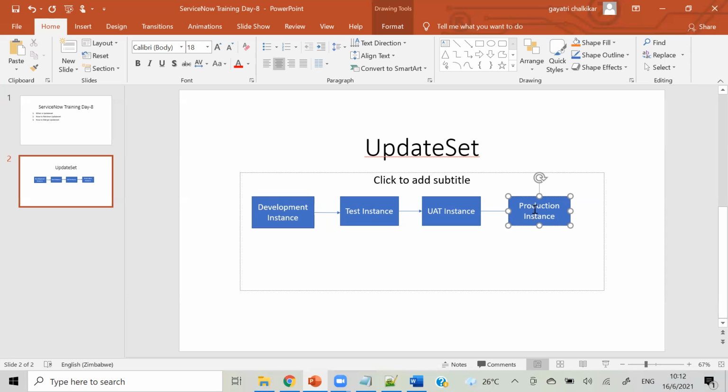If that is fine, then they will clone the sandbox to dev. Whatever is in sandbox will get moved to development, and again they will clone to the next one, and again to the next. So all four instances will have the same data and the same configuration, and this cloning occurs every 6 months in an organization, because they want all the four instances to have the same configuration and the same development, right? So they clone all the child instances from the prod instance.